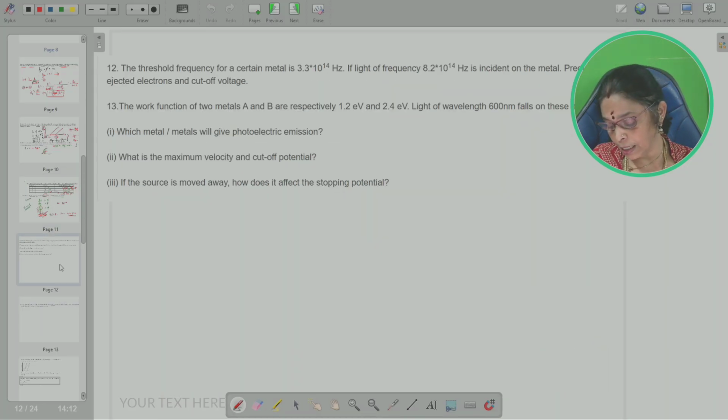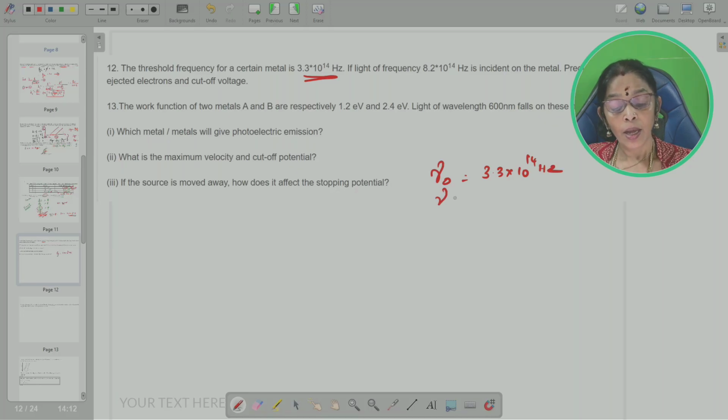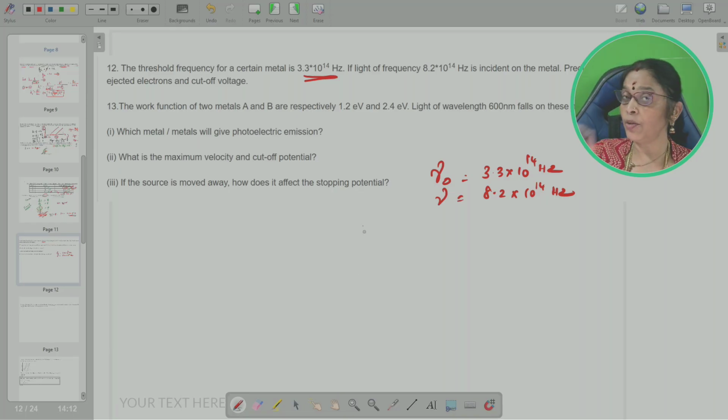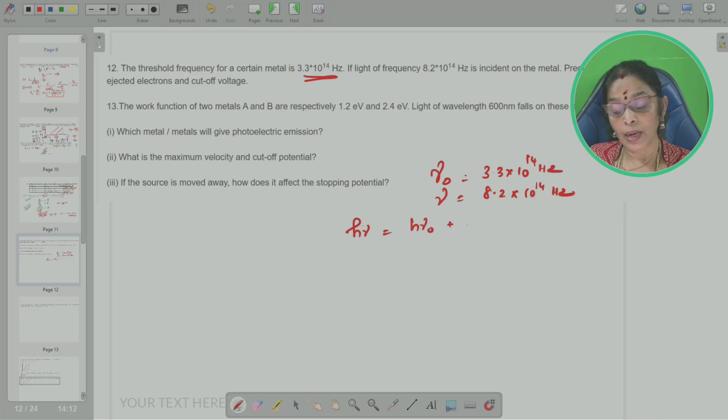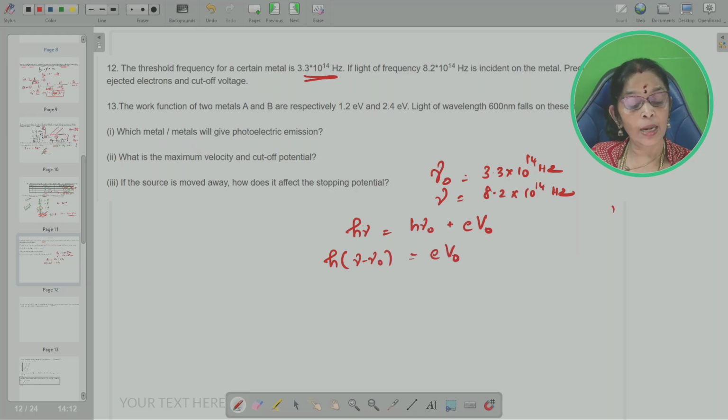Threshold frequency for a certain metal is 3.3 into 10 power 14 Hertz. Nu naught is equal to 3.3 into 10 power 14 Hertz, and nu is equal to 8.2 into 10 power 14 Hertz. Predict the velocity of the ejected electron and the cutoff voltage. I am going to give you only the gist. h nu is equal to h nu naught plus eV naught. So h into nu minus nu naught is equal to eV naught. So 8.2 minus 3.3,